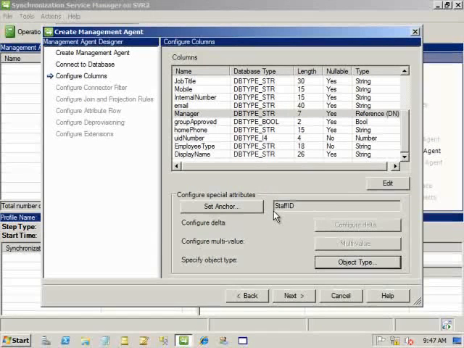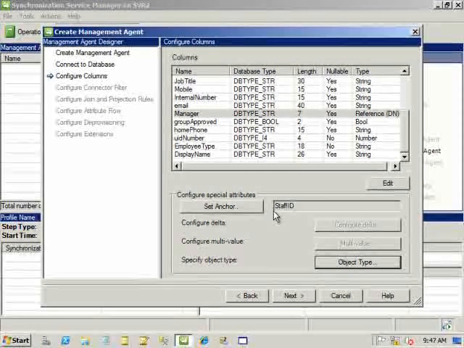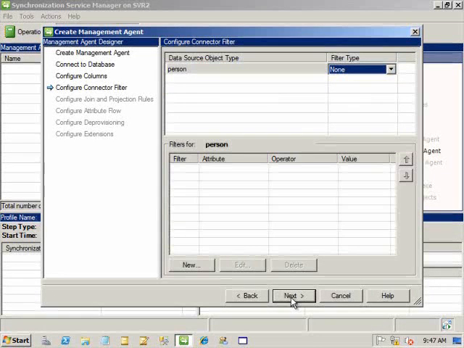You'll see that there are additional buttons which would have been used had we provided a delta table or view, and also had we had a multi-value attribute anywhere. So we'll click Next. The additional step of choosing a subset of data in this case for this kind of MA is implicit really, because we've provided a view that contains the data that we want to present. In the case of Active Directory, at this point we could have chosen the object types and indeed the domain partitions and the OUs and the object types and the attributes that we wanted. But here, and in the case also of a file-based one, it's a matter of presenting the right data to